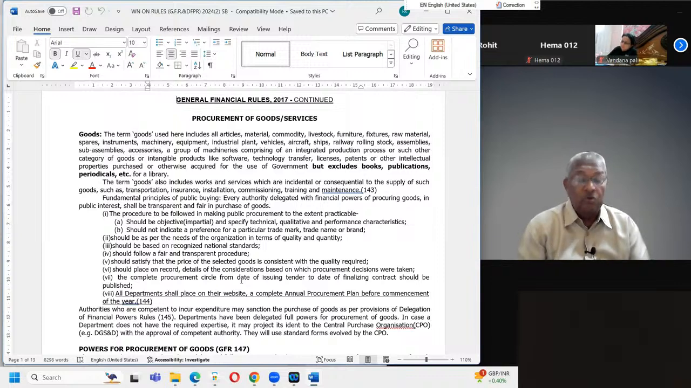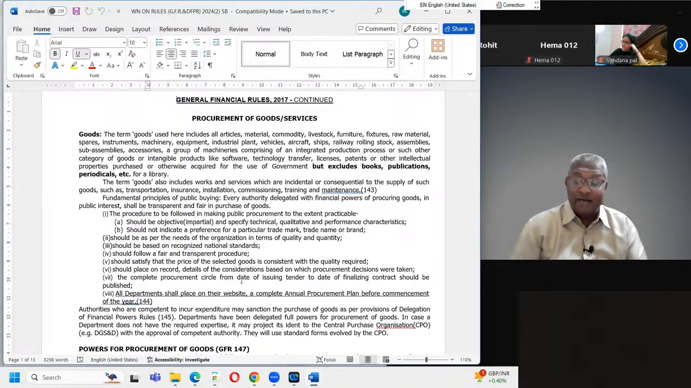for library. So now from the beginning, the term goods used here includes all articles, material, commodity, livestock. Livestock क्या है? घोड़ा गधा वगैरह, गाय वगैरह. Furniture, fixtures, raw material, spares, instruments, machinery, equipment, industrial plant, vehicles, aircraft, ships, railway rolling stock, assemblies, sub-assemblies, accessories, a group of machineries comprising of an integrated production process or such other category of goods or intangible, नजर में नहीं आता है, electricity वगैरह, intangible products like software, technology transfer, licenses, patents or other intellectual properties purchased or otherwise acquired